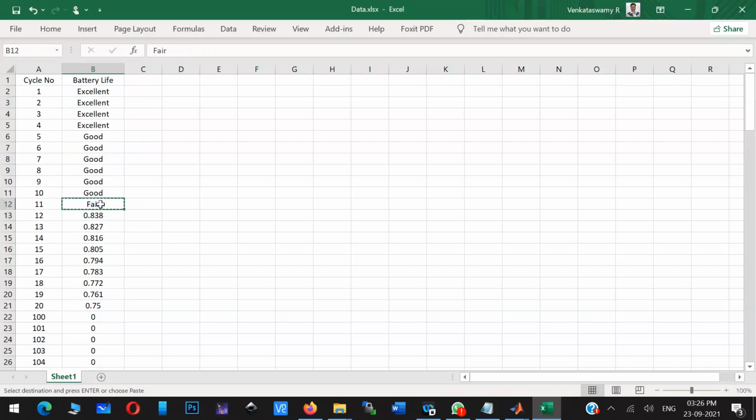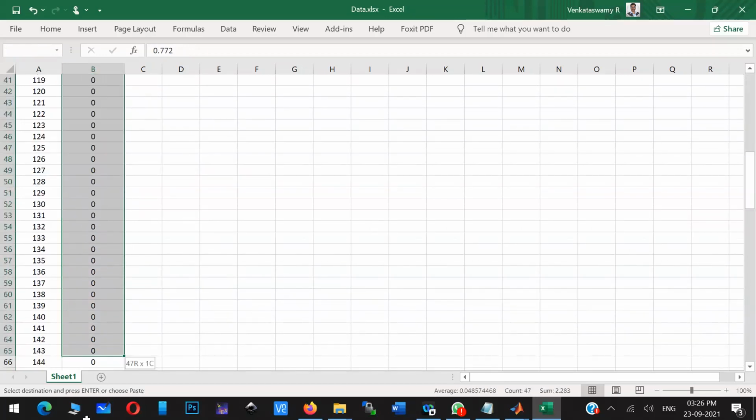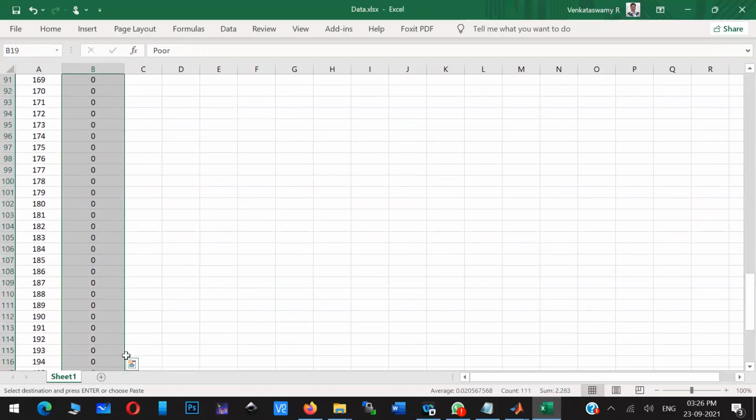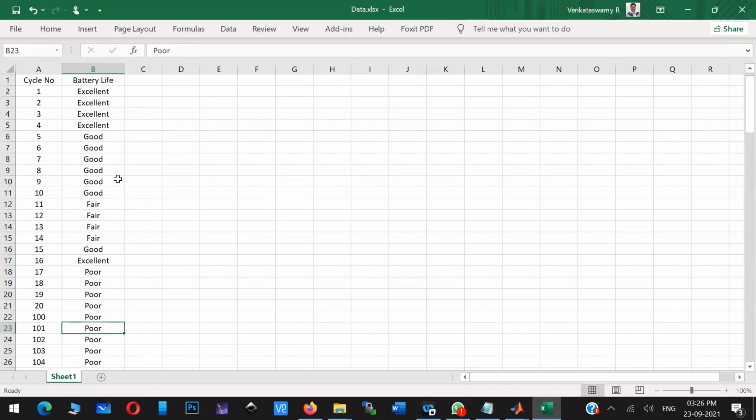So for some values, I'll just give fair value. And for some particular resonance point, it may give some non-linear response also. Maybe at some point it may be excellent, and at some points it may be poor. Battery life is poor. So you are giving all these values. Okay, so this is the kind of data I created.